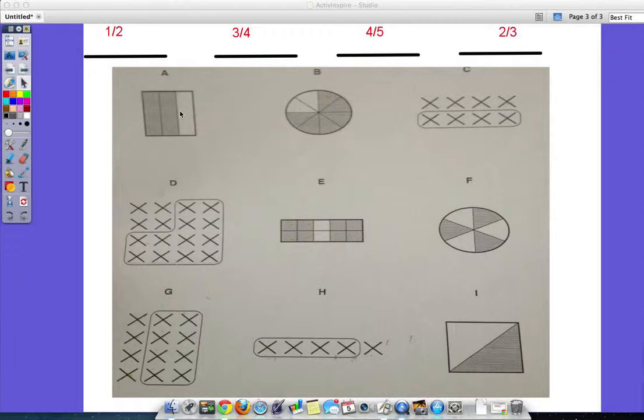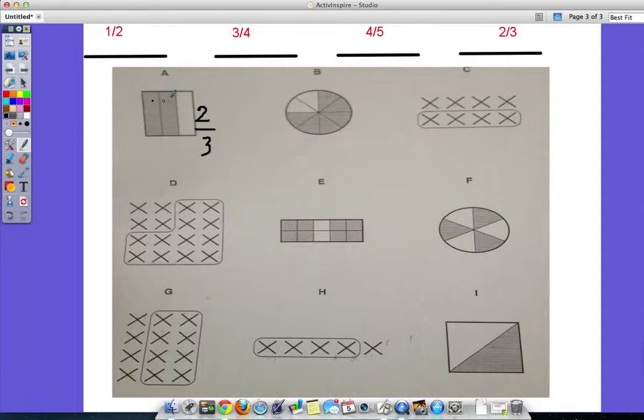This assignment asks to group all of these fractional models, A, B, C, D, E, F, G, H, and I, into the simplest form category of 1/2, 3/4, 4/5, and 2/3. To do this, step one would be to go through the fractions and write each letter as a fraction in the given form, and then see if you can get it in the simplest form, starting with A. A shows a fraction model